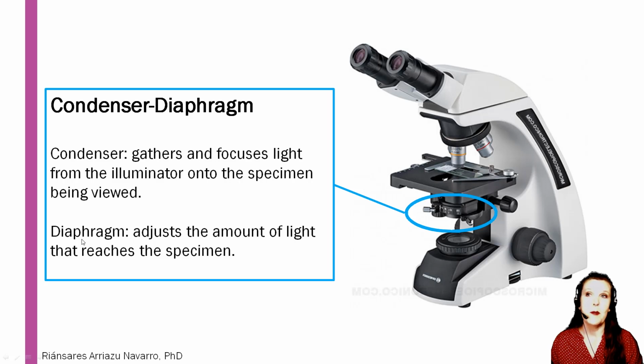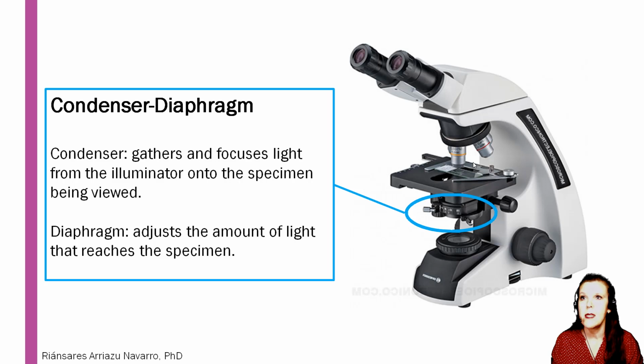The diaphragm is very important as well because it adjusts the amount of light that we are going to get in our sample. We can use the diaphragm, that is more or less here, and this button in order to get less or more light. It is going to depend on the objective that we are using. Okay, for some objectives we need more light,